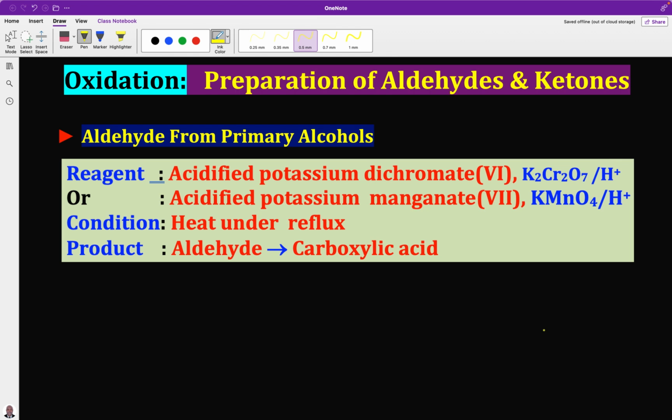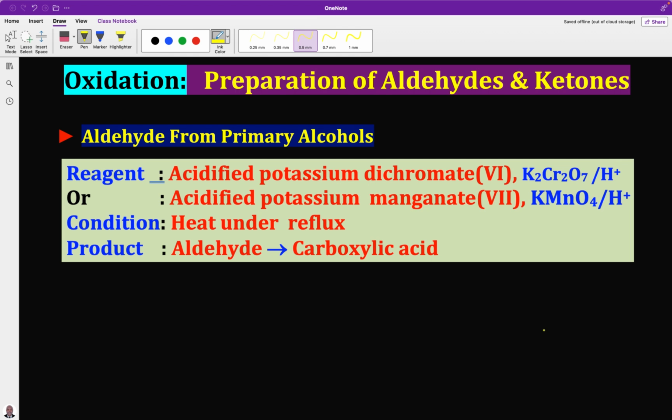As you know from our previous video, you know what oxidation is. I said oxidation is the addition of oxygen to a molecule and a subsequent removal with hydrogen. You add an oxygen atom to a molecule and later on you remove it with hydrogen. This is the procedure we are going to use in the preparation of